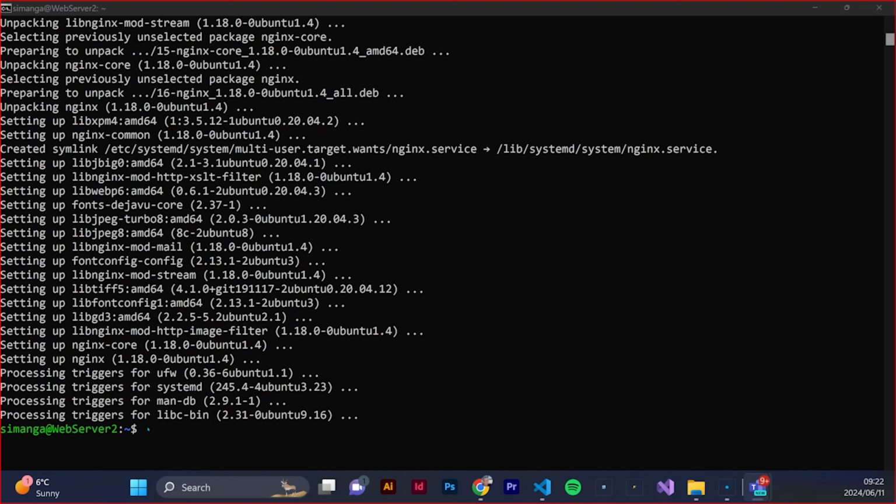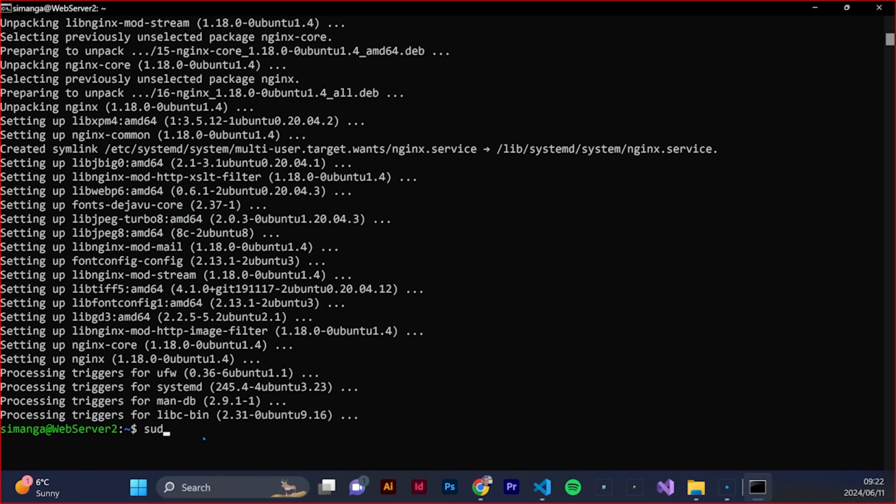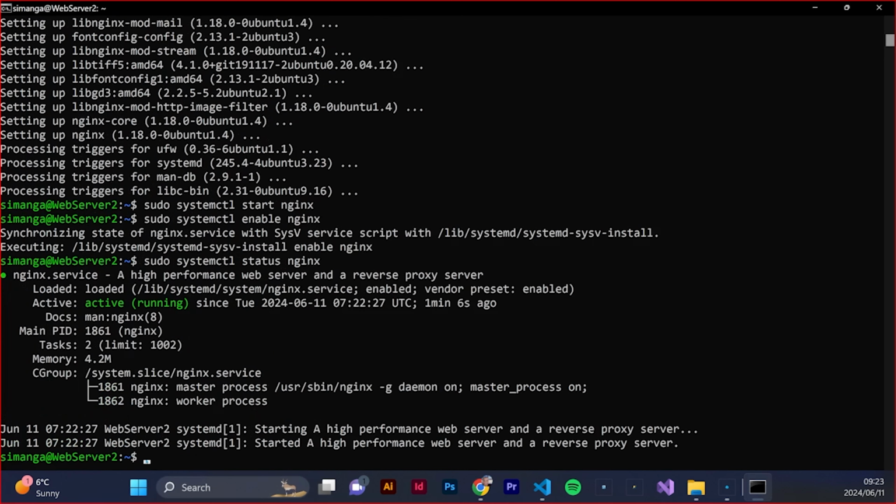And then we need to start the service. Systemctl start nginx. And then we need to enable it. So sudo systemctl enable nginx. All right, and then we can actually see that it's running. And then now